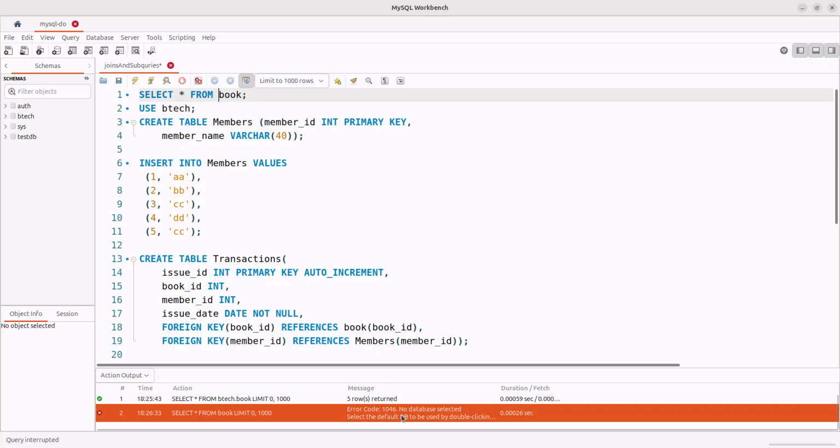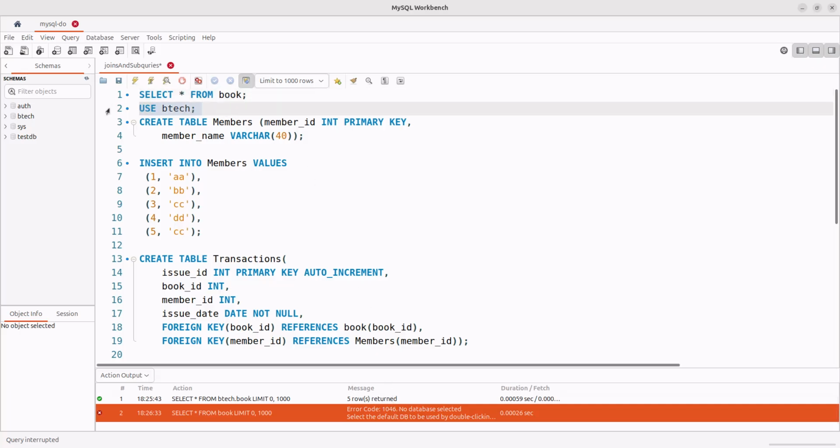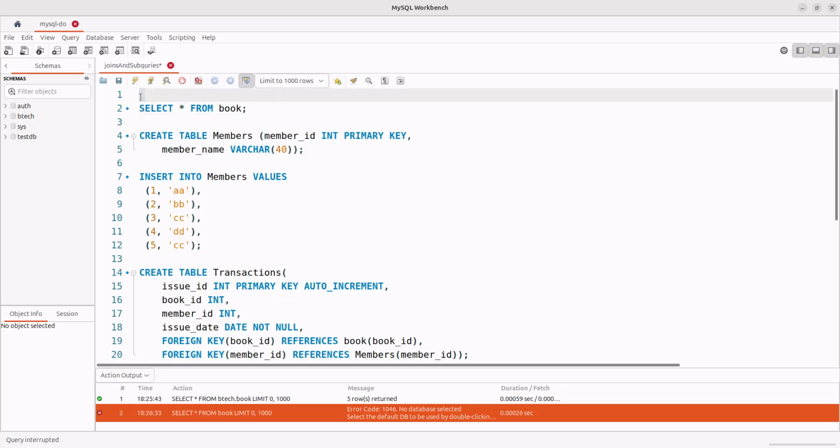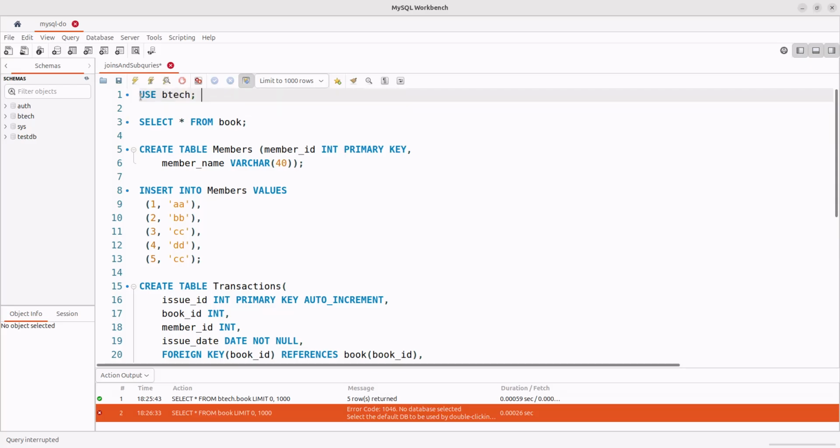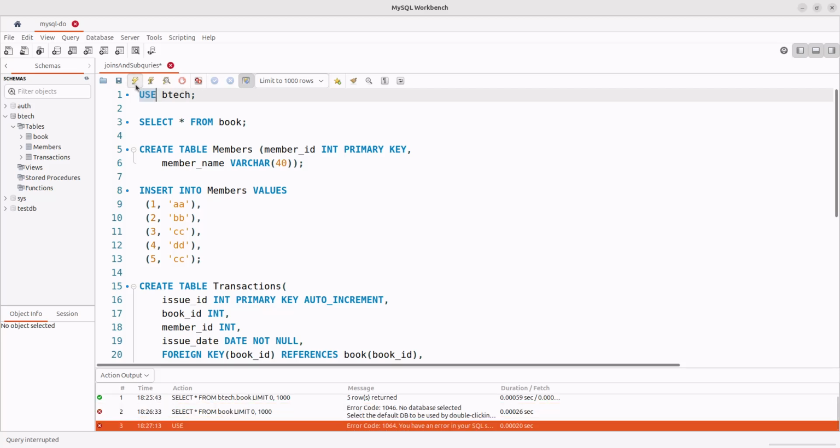Oh, we should first select a database. I'm gonna cut this line and paste it above it, so it's more natural. We are first gonna use this database. This database has all the things we need for this tutorial. So if we first use this database using the use keyword and clicking on this button,